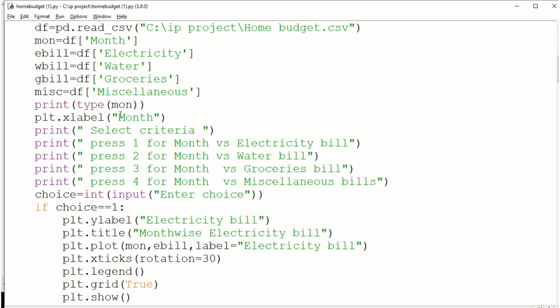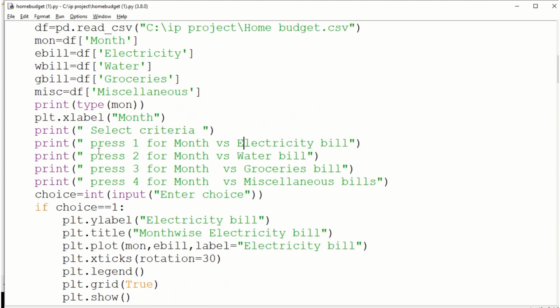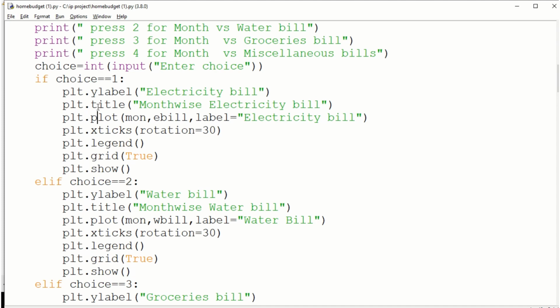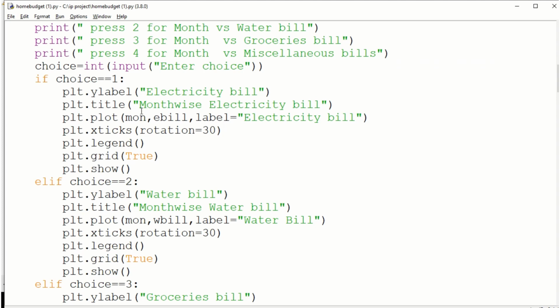Okay, and then my X label is always going to be month because I am comparing month with all the other electricity bills. That is why I have placed it before I start my menu. Now here when I say I want to compare with electricity bill, it is putting Y label as electricity bill. Title, you can see title is given month wise electricity bill, which is done with the help of method called